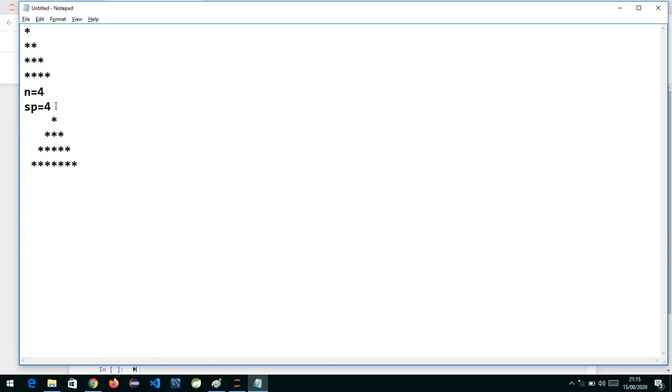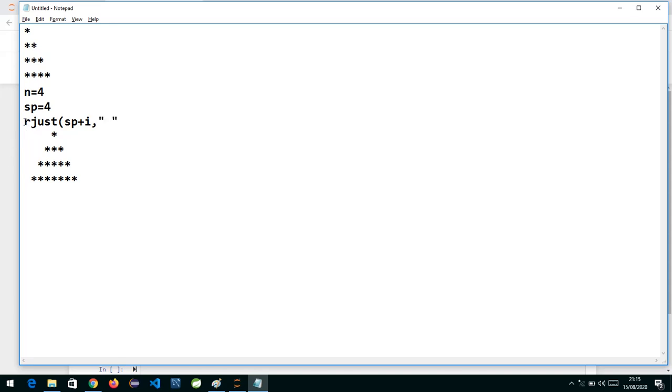Now what I have written is rjust, right justified, and the width is the space I have calculated plus the value of i, comma, and the padding character is a space.